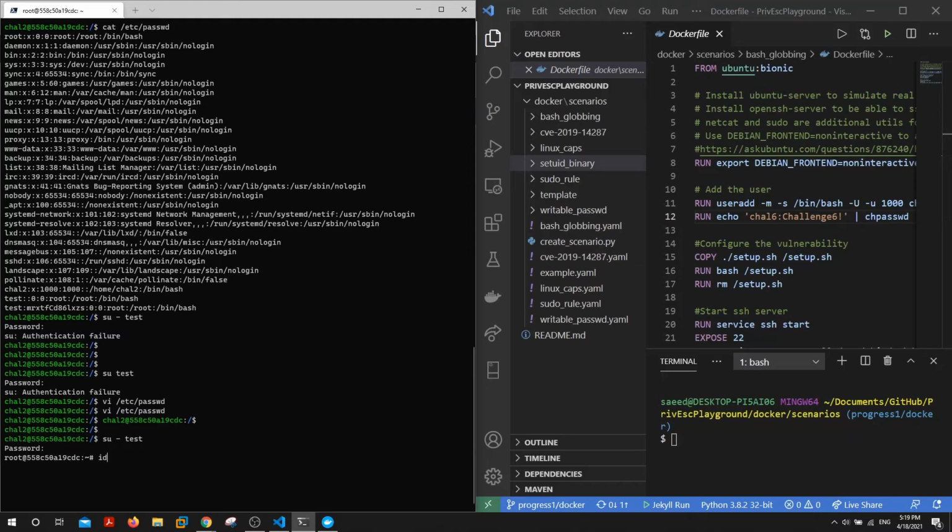Now if I say ID or who am I, now I am root, while just now I was the user shell2. Okay, so that's a demo for the privilege escalation part. The same concept applies to all the scenarios, obviously not the same technique,